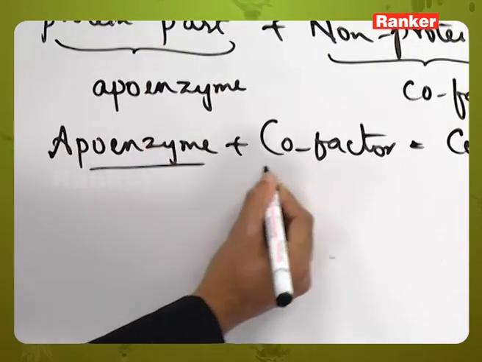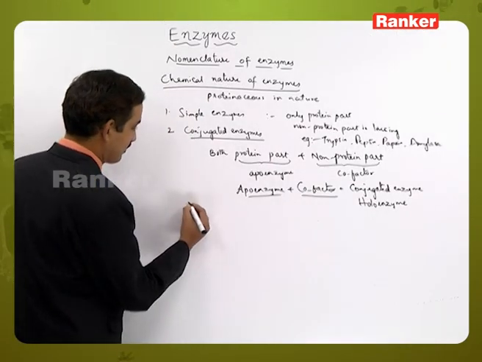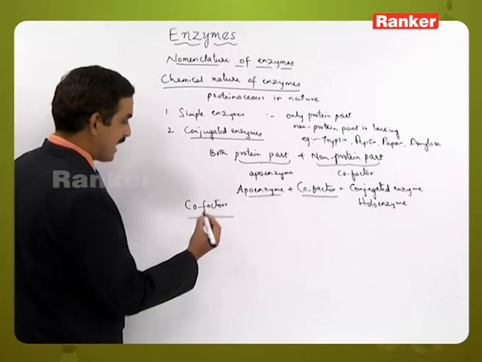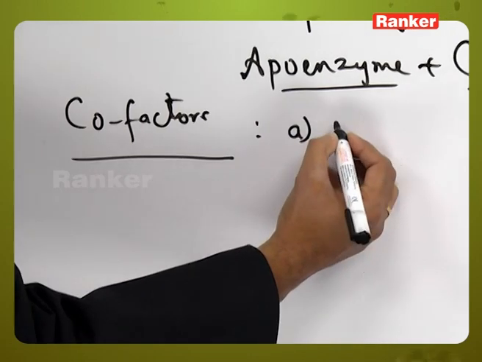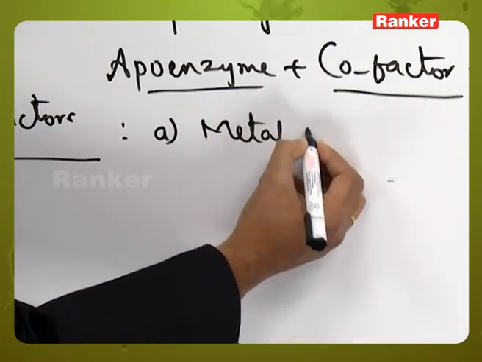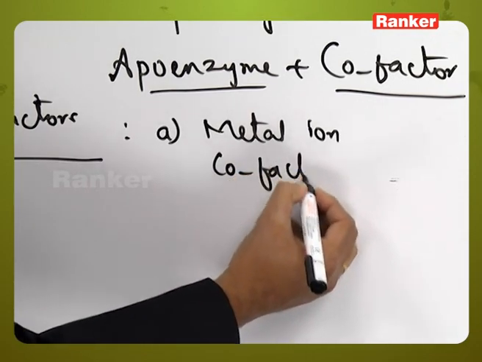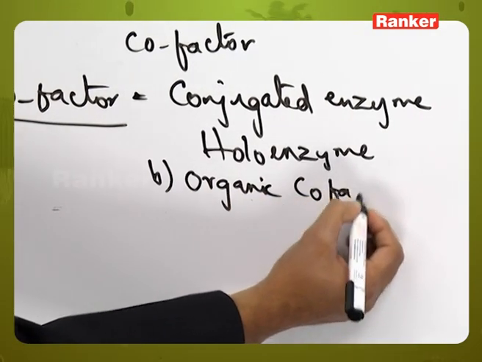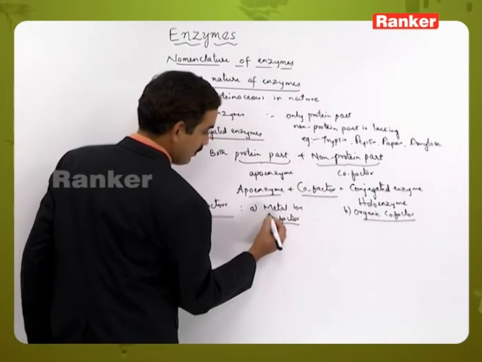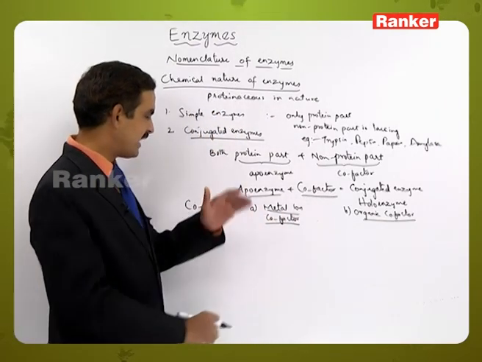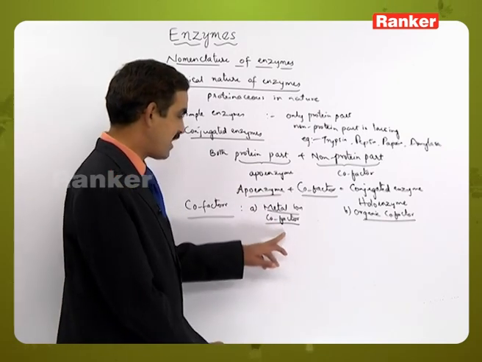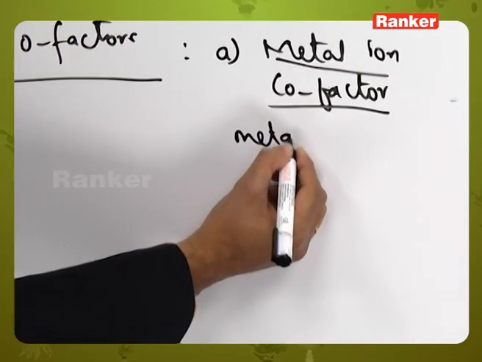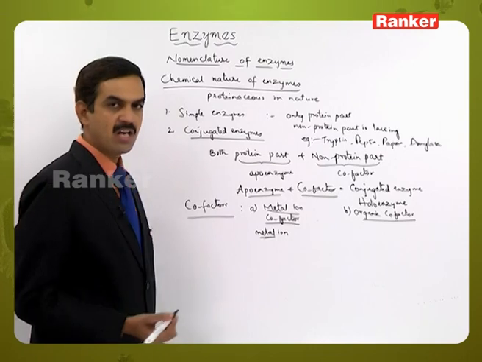Starting with the first one, the cofactors. There are two types of cofactors. One is the metal ion cofactor and the second is the organic cofactor. Based on the nature of the non-protein part, they are metal ion cofactors and organic cofactors. If the cofactor is a metal ion, then we call it a metal ion cofactor,